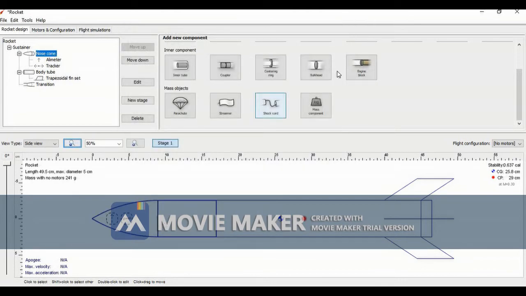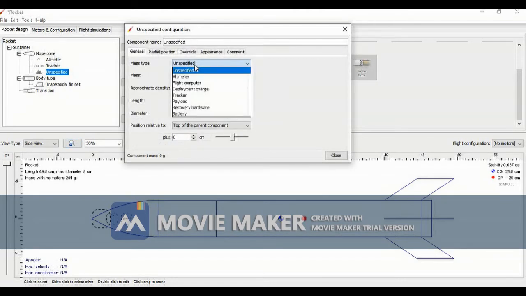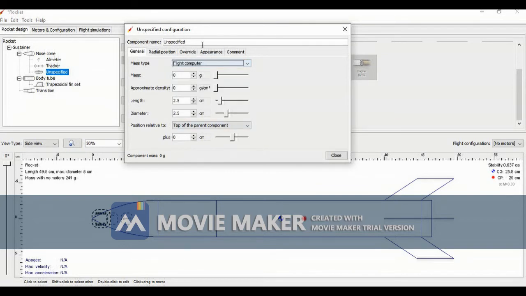Now add another mass component, unspecified. Now we will be adding the flight computer. A flight computer tells you how the rocket flight went, like where the rocket is flying and how fast it is flying. So we will write it as flight computer.